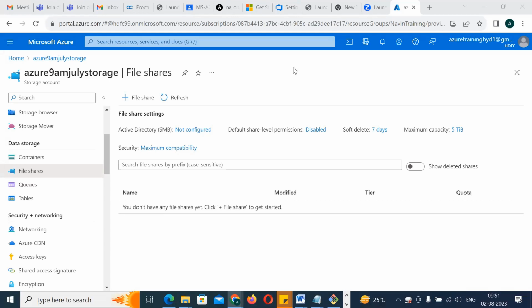See that, pretty simple. Can you see the space? Yes, 5 TB. Soft delete is also an option whenever you are deleting any files here. With any file share, you first have to understand